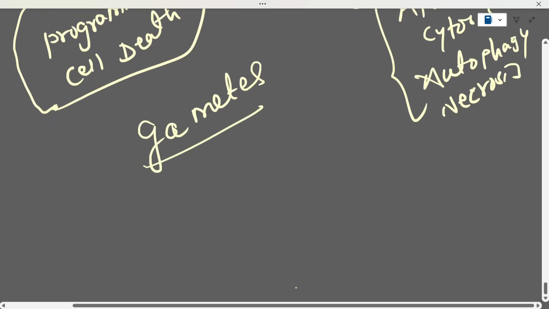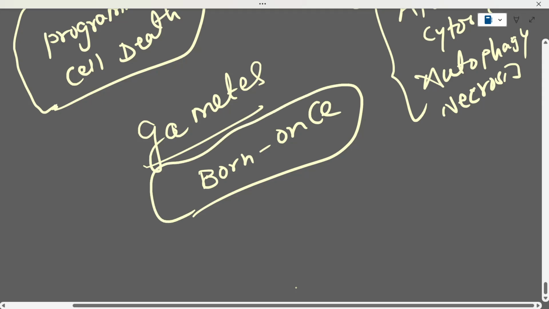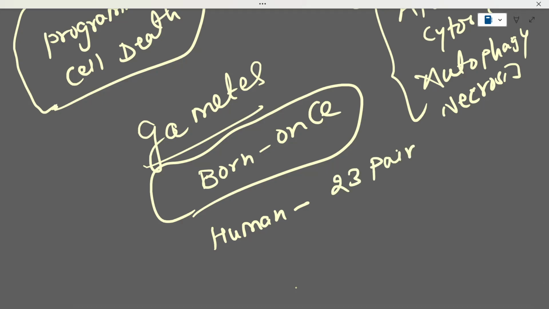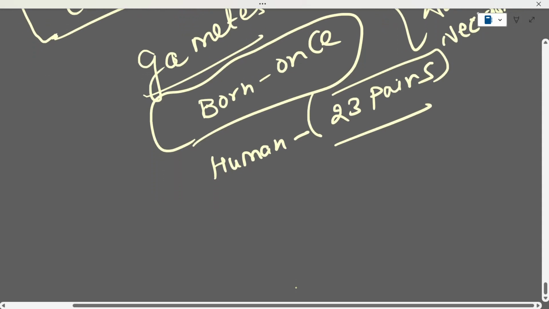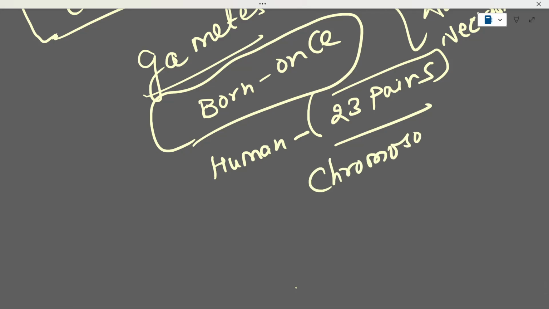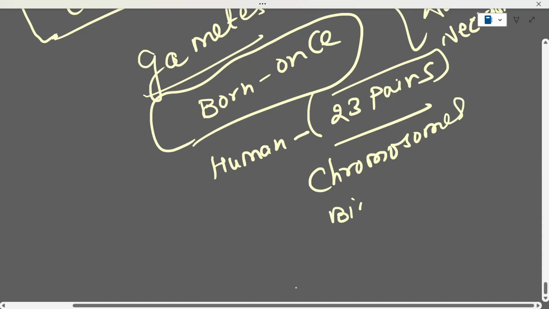any individual is born just once. So the assortment of genes or assortment of chromosomes that is carried by any individual should be a careful exercise. And humans inherit 23 pairs of chromosomes. So 23 pairs of chromosomes. Chromosomes are nothing but biological structures